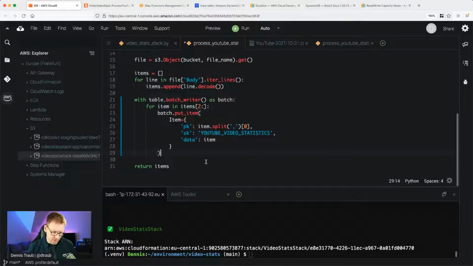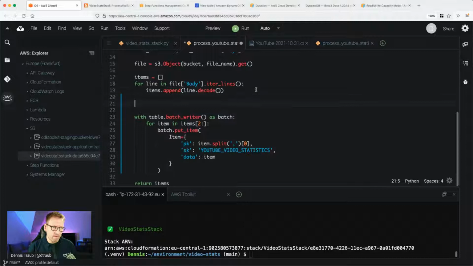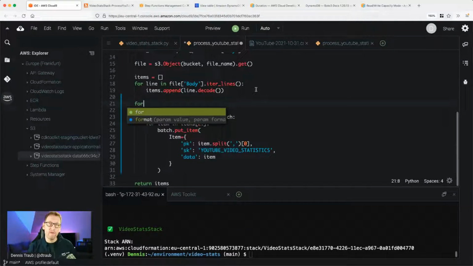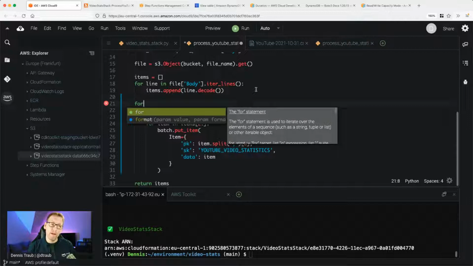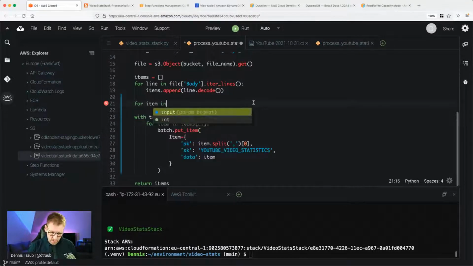So we can even say, we can put that in here. No, we don't want to do that in here. So what we want to do is, for item, because we want to extract the data from the item so that then the state machine can just use it. So for item in items,